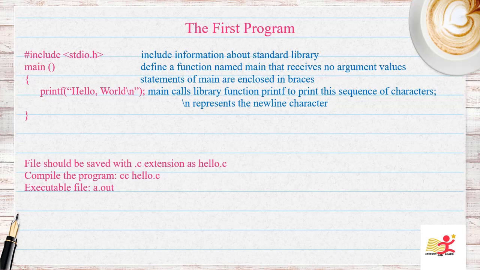Here it prints the words hello world. A sequence of characters in double quotes is called a character string or a string constant, and here hello world is a string constant. And you can see a \n, or new line character, after hello world. There will be a new line advance after printing the output, and if you don't use \n, you can see there is no new line advance. \n is called an escape sequence, and there are other escape sequences as well.